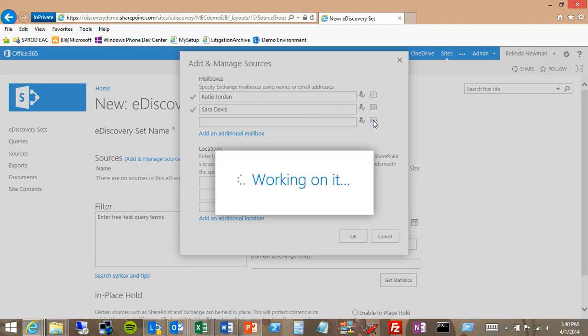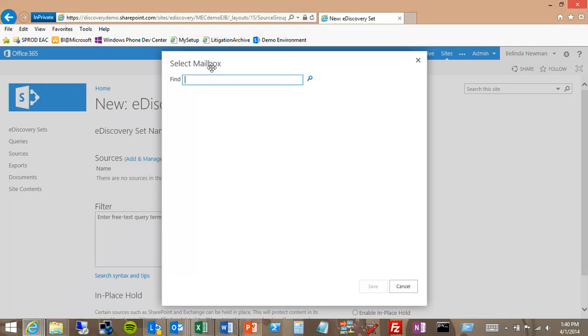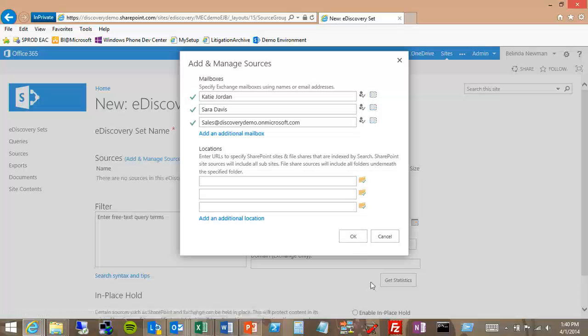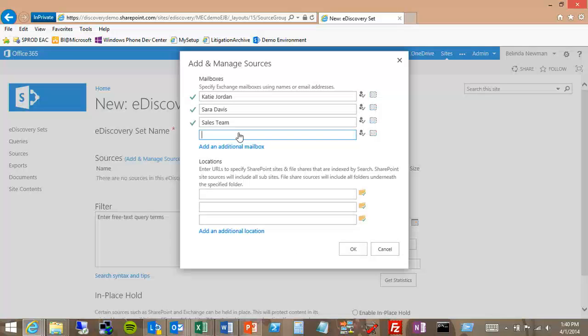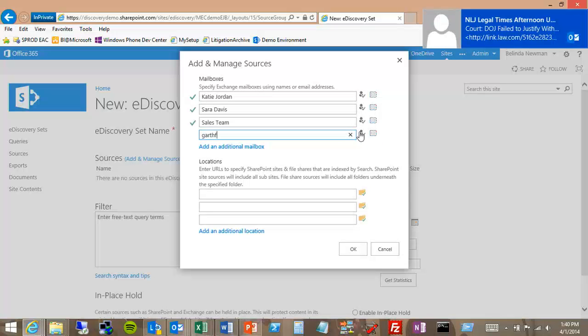If I don't know exactly what I'm looking for, I can search Active Directory here, right? And click this icon, and it'll bring up a page where I can run a full or partial search for sources, right? This will search my mailboxes, and it found the sales team distribution list, so I'll go ahead and add that, and it'll add all the individual mailboxes that are on it right now as individual sources for my case. I can use this to add up to 1,500 different mailbox sources, and with 45 people on average on